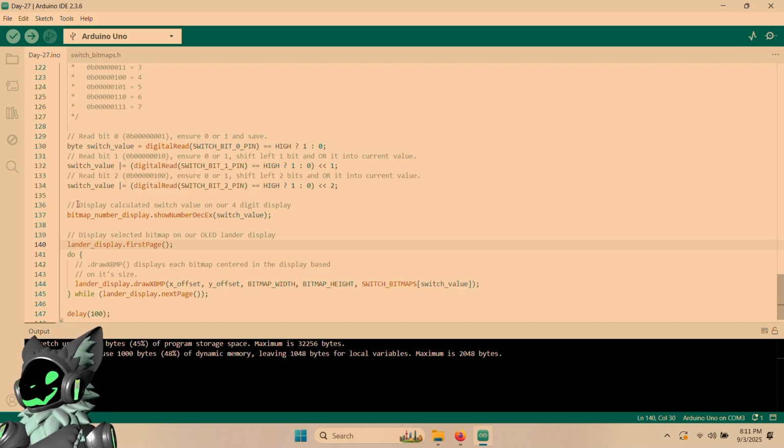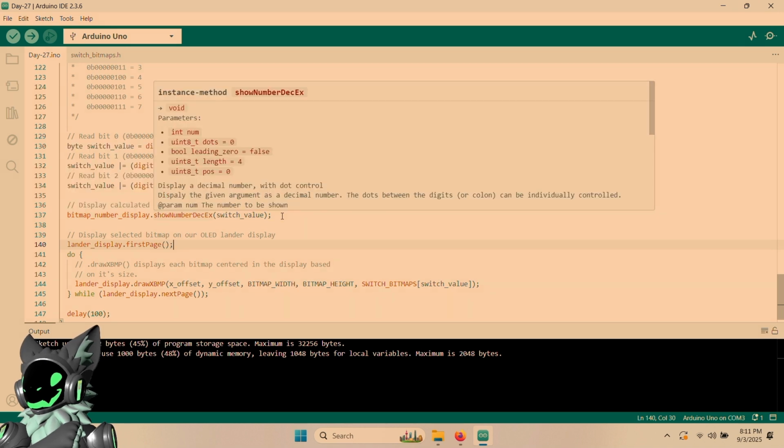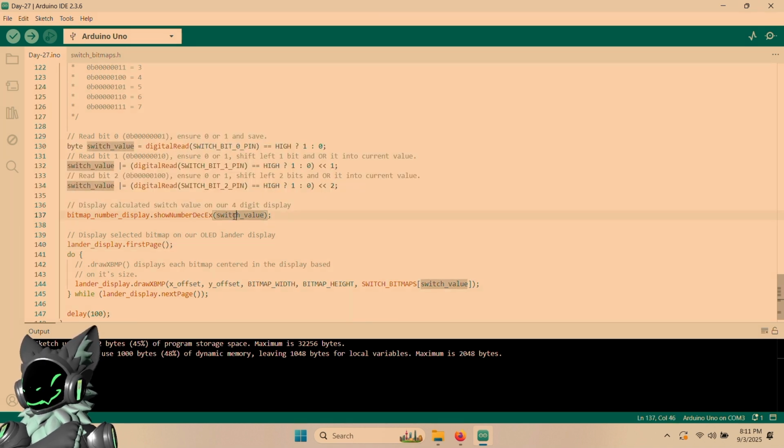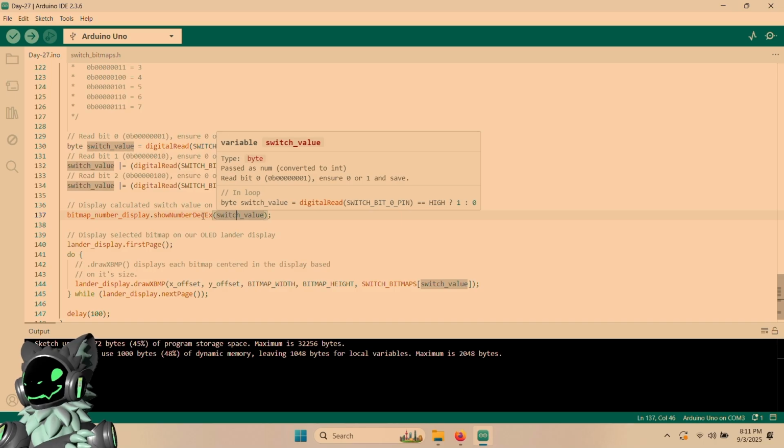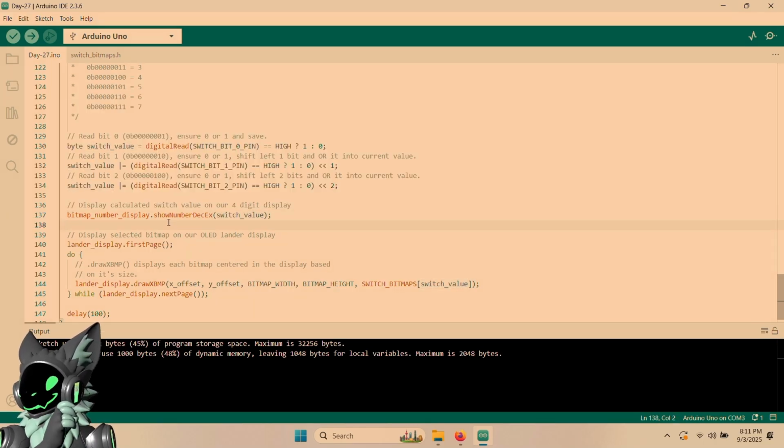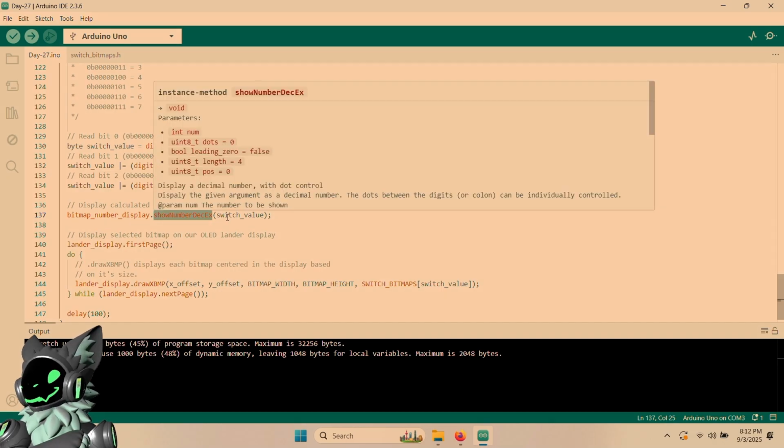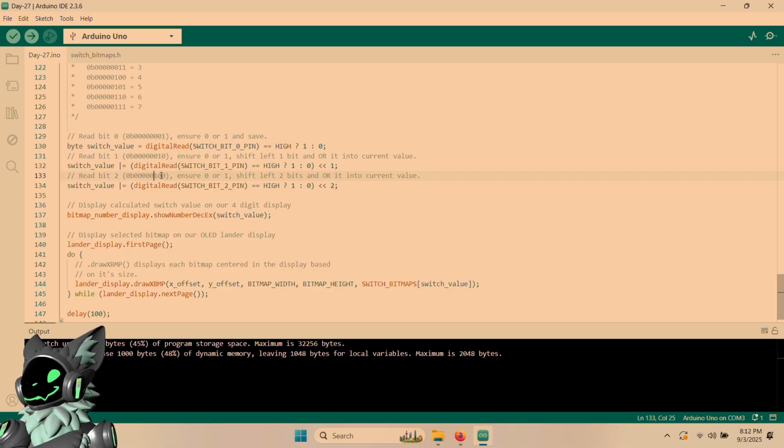All right, so we've wedged everything we need into our switch value. So for now, from here, what we're going to do is turn that binary number into a normal decimal number, right? Because if we have a binary